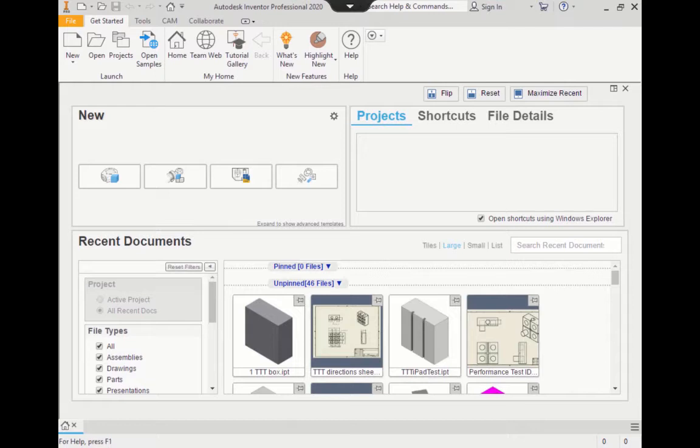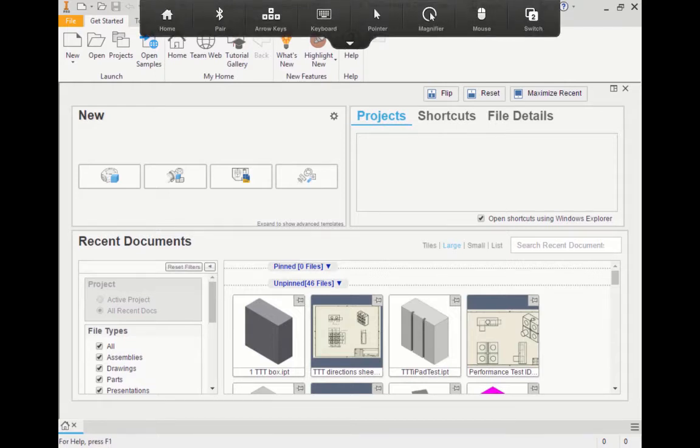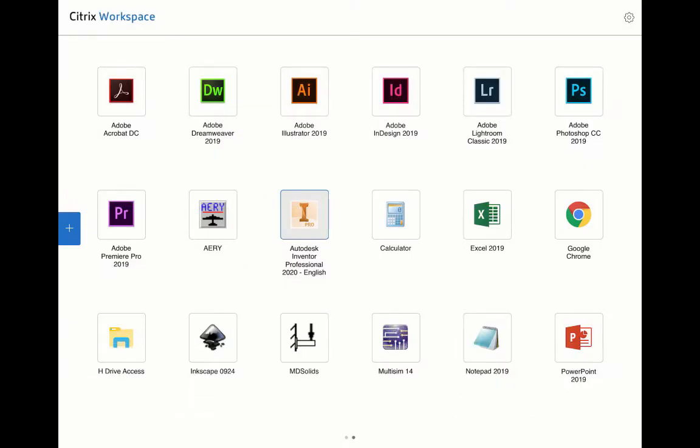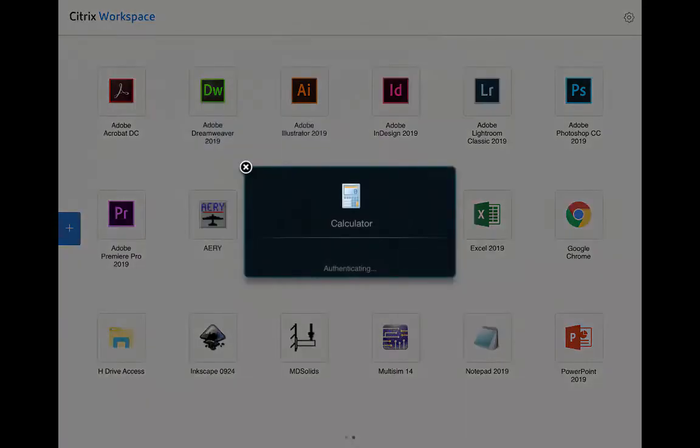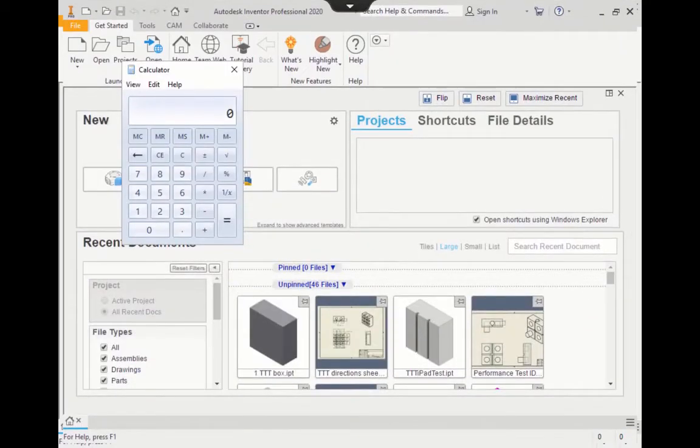One of the things that I want to show you is this ribbon at top. If I click on it, I have a number of places and tools that I can use on here. First one I want to show you is the Home button. The Home is going to bring me back to the Citrix Workspace, and you can kind of think of this like a PC computer. I could go ahead and open up the calculator,